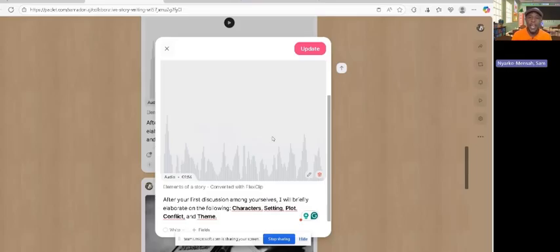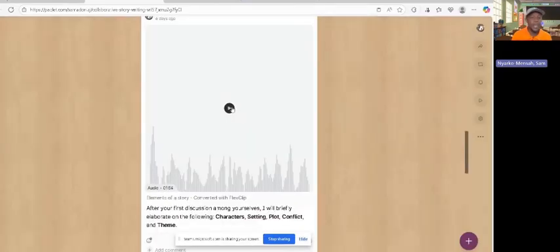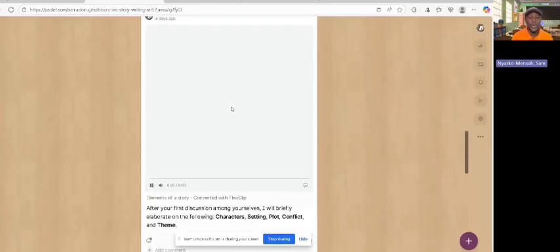So here I have integrated an audio where I am teaching or explaining what these elements are. So I can play it. I did the recording on my phone and then I copied it onto the computer. Then you can go and attach the media. So when I click on it,